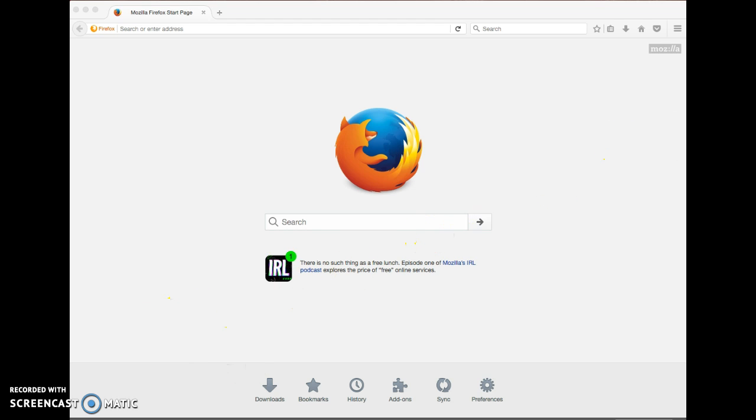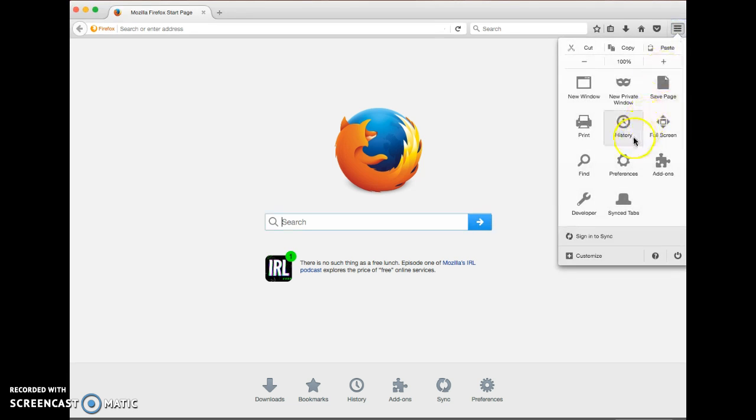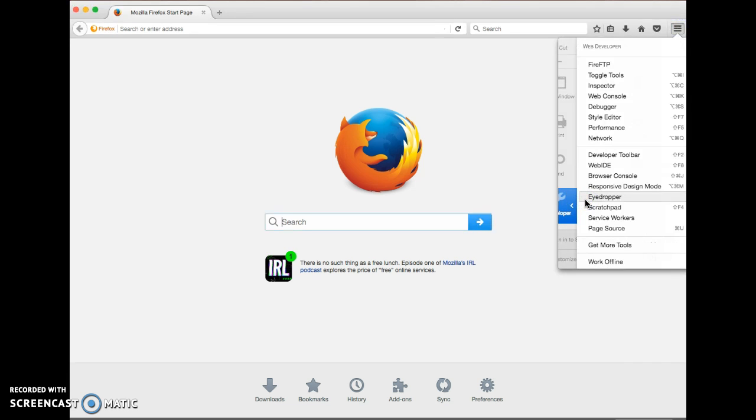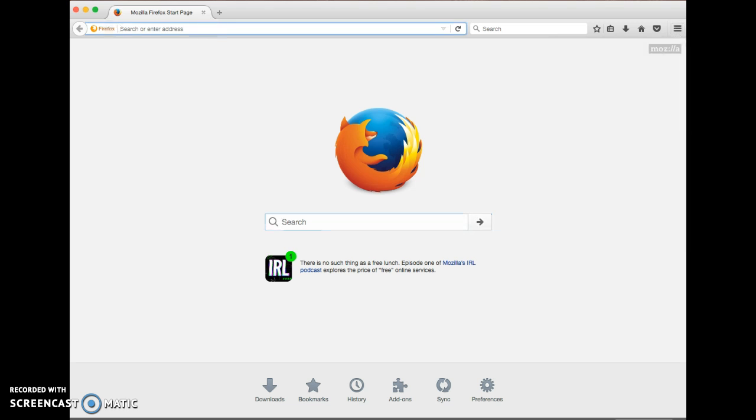So beginning with checking to see if you have the Fireftp plugin or not, you're going to click Open Menu, and then you're going to go to Developer, and you're going to look for Fireftp. If you don't have it, the quickest thing to do is to Google